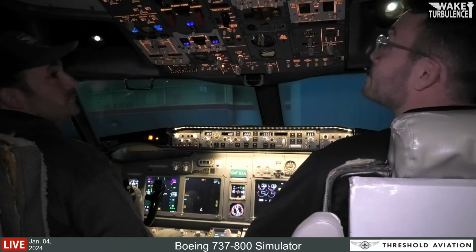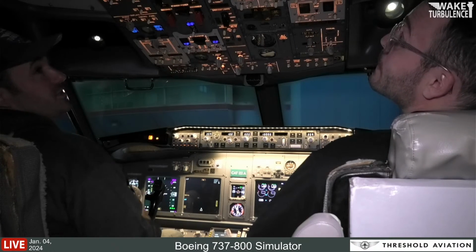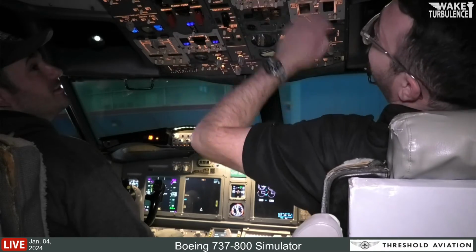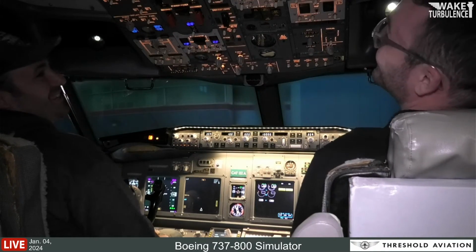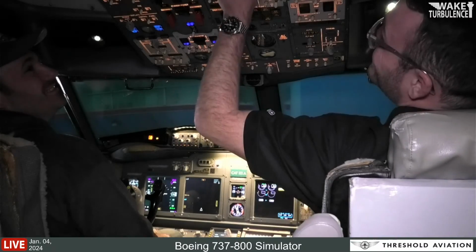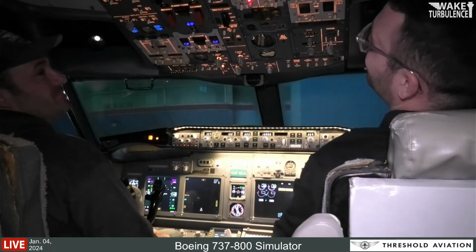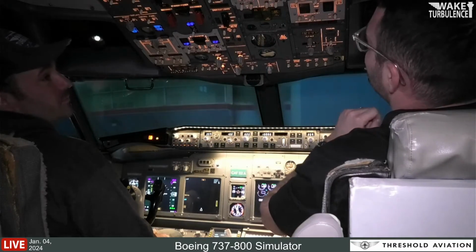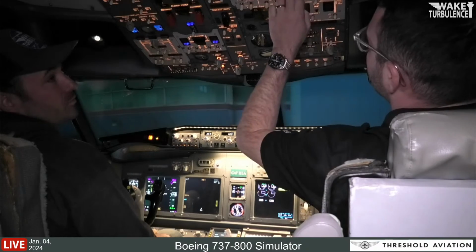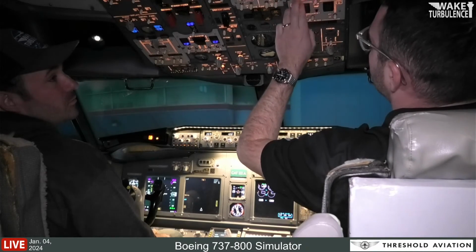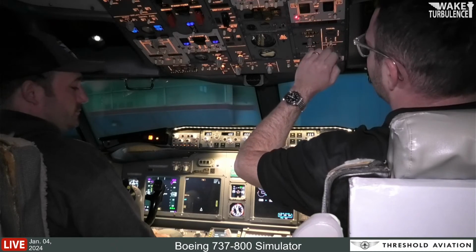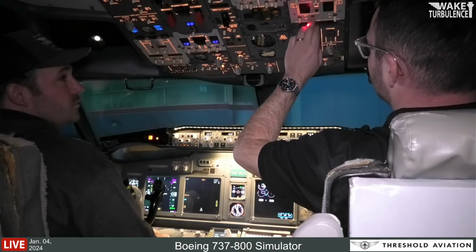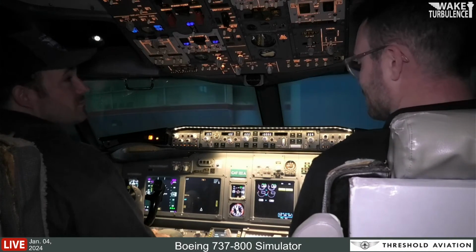Okay. If you look up here, you're going to turn on our window heat, all four of them. Down, down, down. And then you can turn on these two for lights and reading stuff. Yes. Turn on our hydraulic pumps. Okay, you're going to come here and turn on our fans for our engines. So auto, to the middle, on, and then on. You can turn on the bleed. Nice. So right now we only have power because we're on the ground.